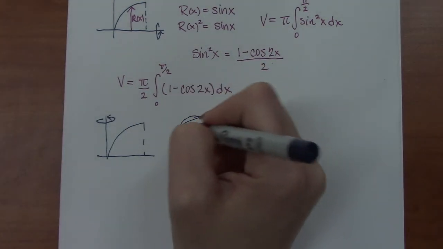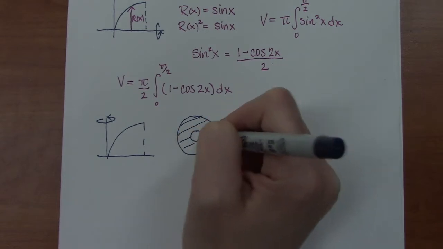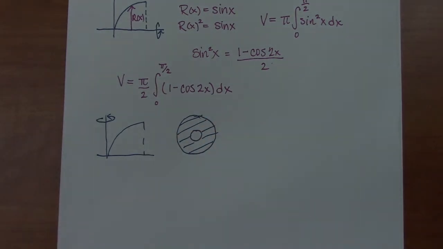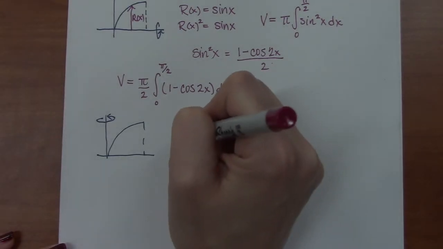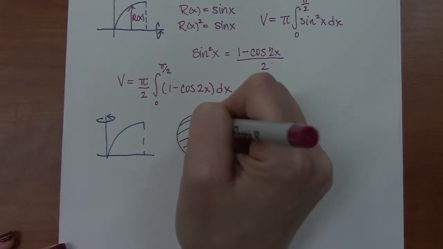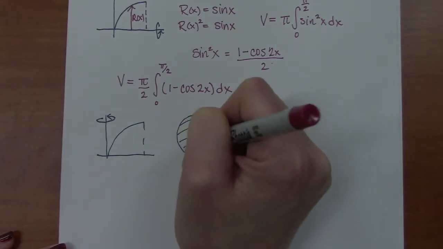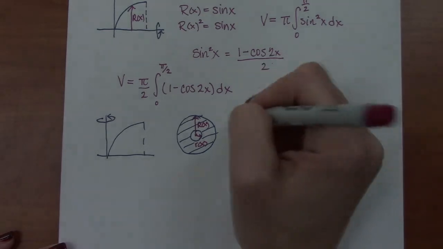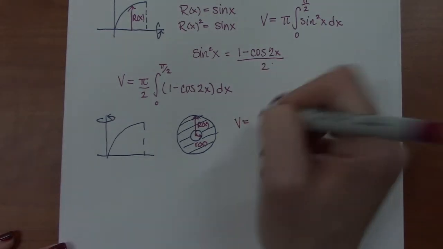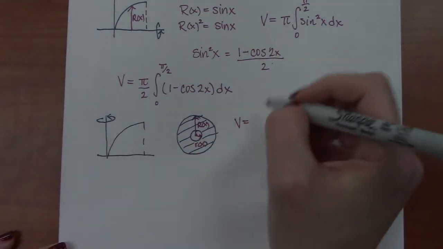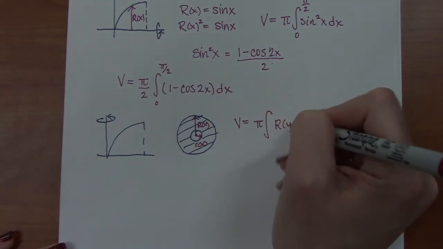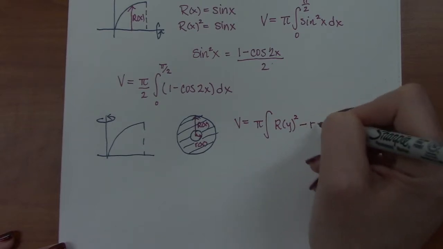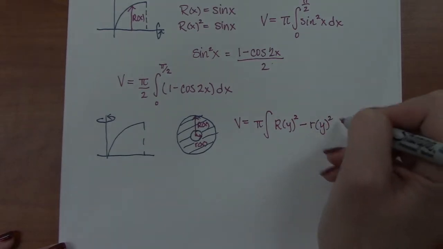And so that's why we say disc and washer are the same thing, except now you have 2 radii you have to identify. So if you want to find the area of the cross section, we take the area of the bigger circle and we subtract the area of the smaller circle. So the volume here, and this would actually be a function of y, would be pi, capital R of y quantity squared, minus little r of y